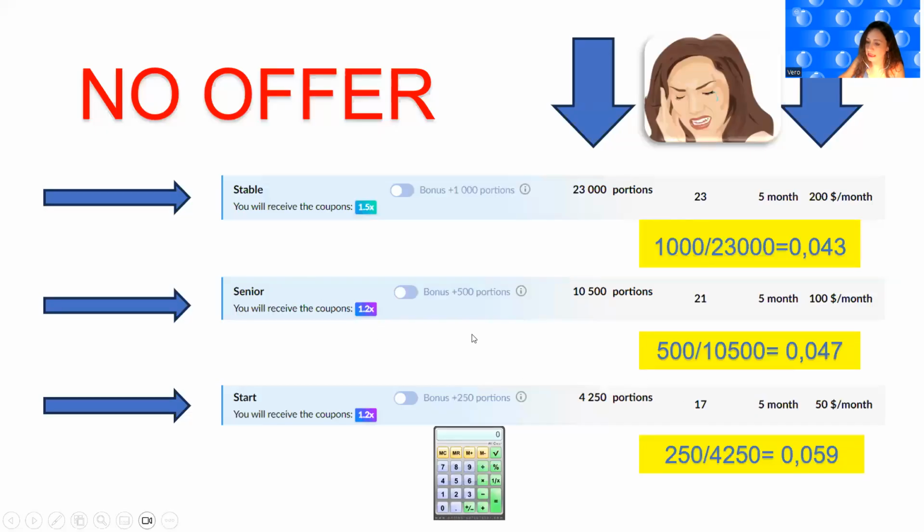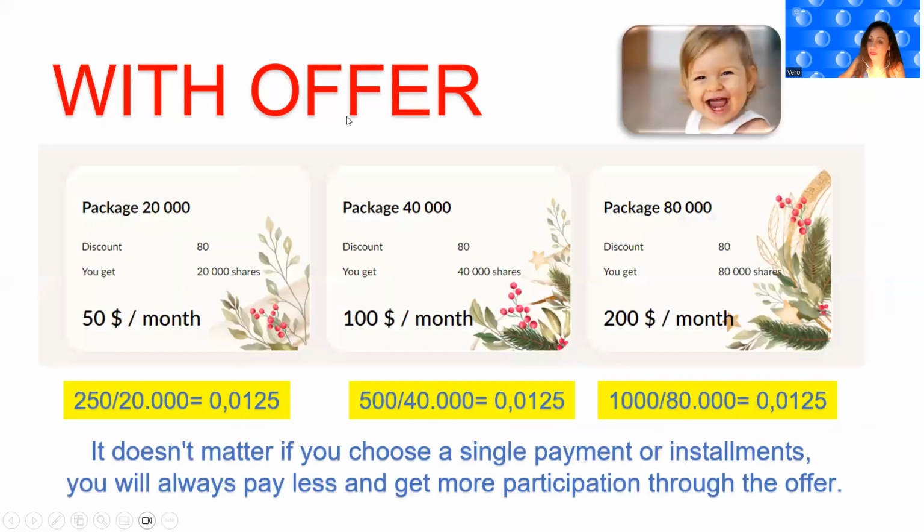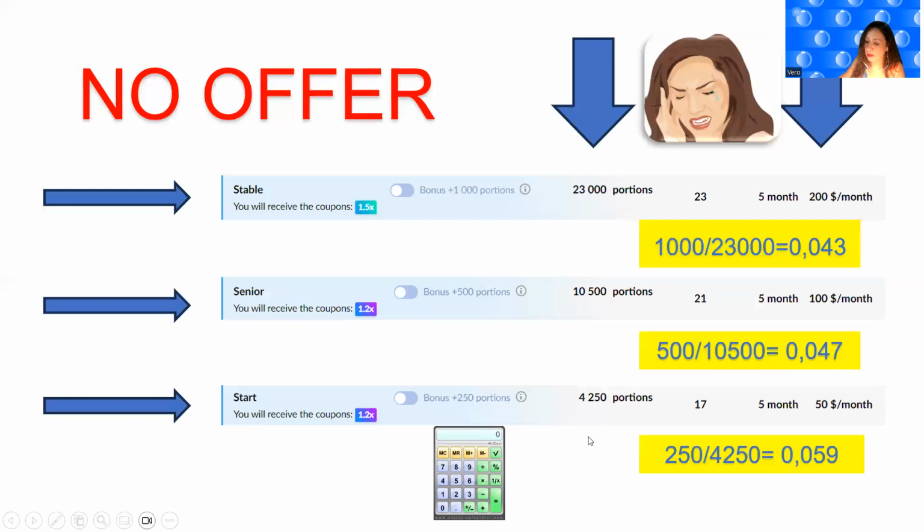And for example, with this package Senior, in 5 installments of $100, you can acquire with no offer 10,500 portions. But the difference is through the short New Year offer, you can get 40,000 shares. And finally, with the package Start in 5 installments of $50, you only can acquire